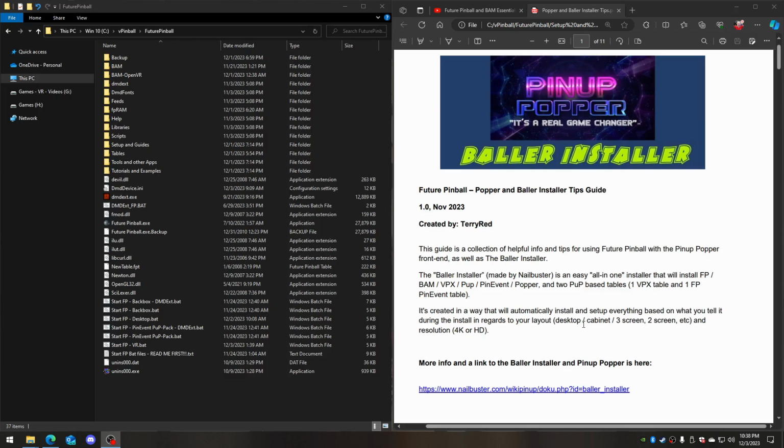Now, for Future Pinball, it's really good. It includes all the main stuff that we need. But there are some things that people may or may not know about it based on the unique needs for Future Pinball, and in particular, PinEvent tables or tables that have PuP-Packs that need certain options selected or certain things set up in a certain way, as well as wanting to launch DMDExt if you need to, and as well as needing to disable DOFLinx. So we're going to talk about that in this guide,